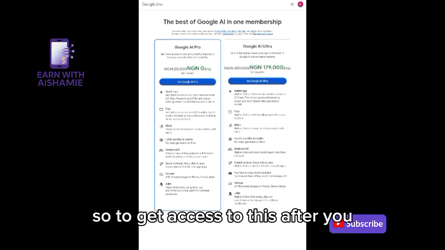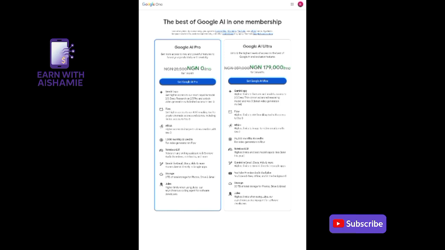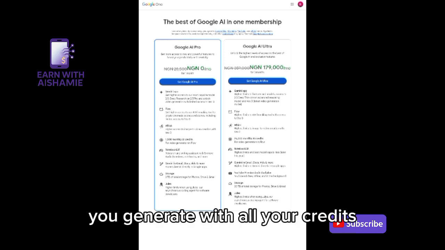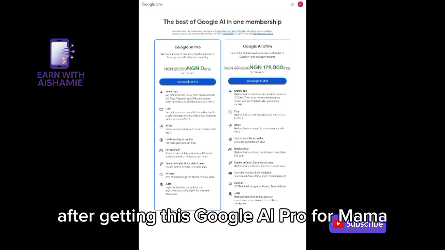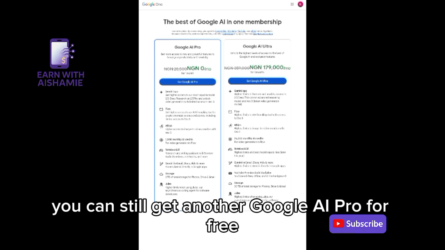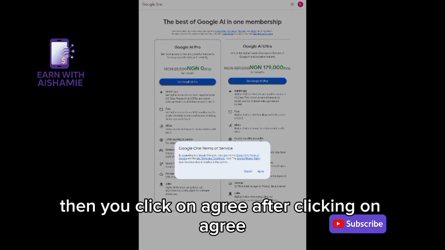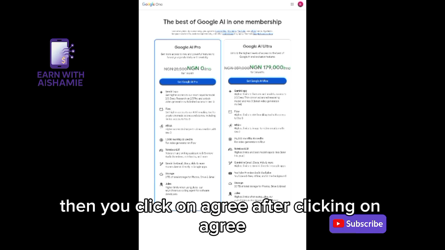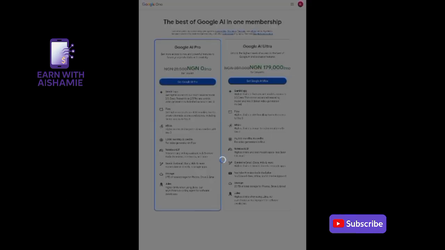So to get access to this, after you generate with all your credits, after getting this Google AI Pro for 1 month, you can still get another Google AI Pro for free. Then you click on agree. After clicking on agree,